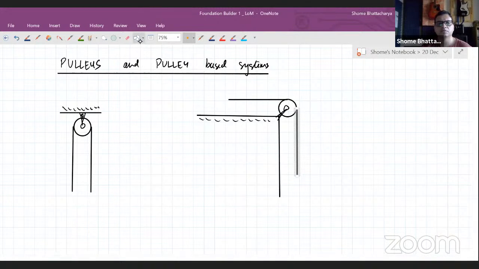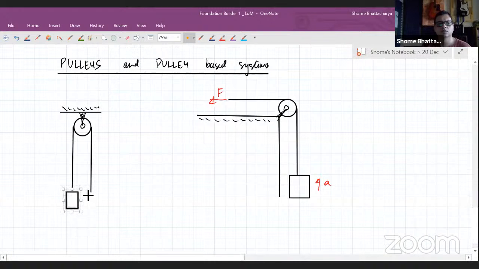And for example, we can have a situation where we have a block attached here and we are applying some force on the thread to pull the block up. Okay. Or we can have a situation where there are two different blocks